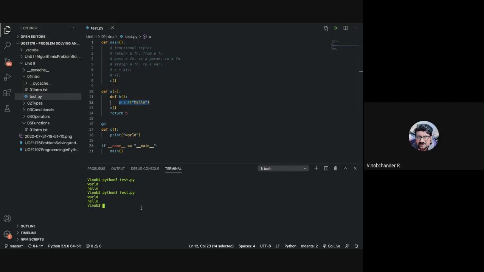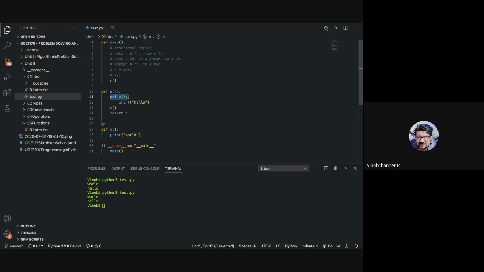So this is a decorator function, guys. Here, which is the decorator function, A or C? The decorator function is A. It returns B. B is the wrapped function inside A. A is wrapping B. So A returns B, the inner function.